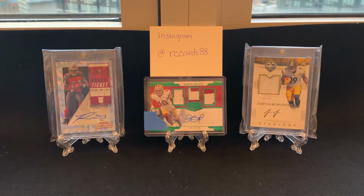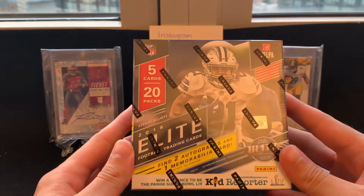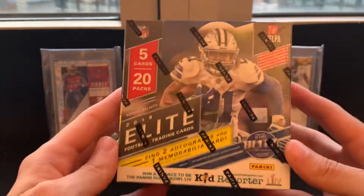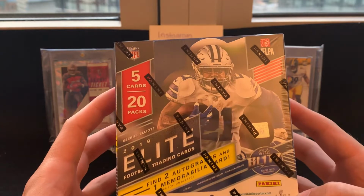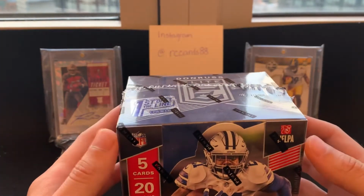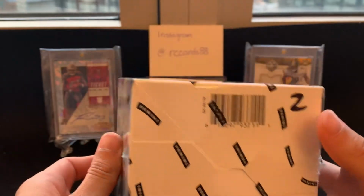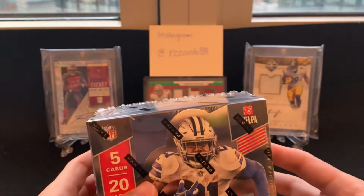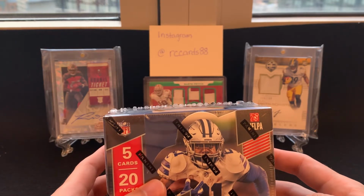We'll be ripping into our second box of 2019 Elite, and guess what? It's first off the line. That's right, so this will be box number 2 that I will be opening. I got 3 boxes. I'm still undecided as to what I'm going to do with that third box, but I can't stop that itch of opening this second box, and this is box number 2 when I numbered them 1 to 3. So we opened up box number 3 first, and we got the gold auto of Pen Pal for